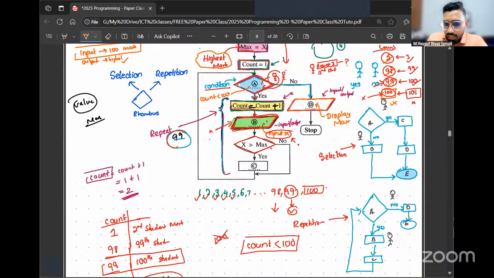Okay. Anyone else having any other question? It is not complicated, man. Is count equal or greater than 100? Why do you want to check? If it's equal to 100, it's wrong. If it's equal to 100, and you go and check, is count less than or equal to 100? When the value of count is 100, will this condition give you true or false? If you write the condition as is count less than or equal to 100, when the value of count is 100, will this condition give you true or false?